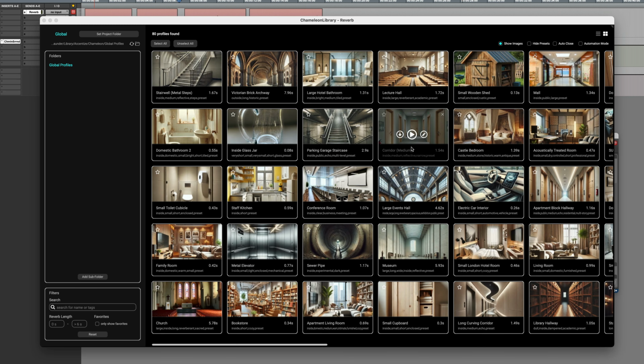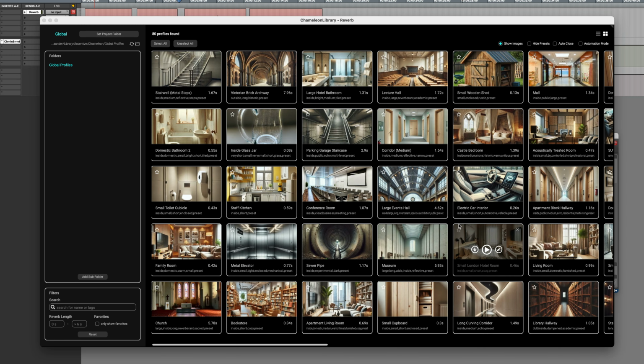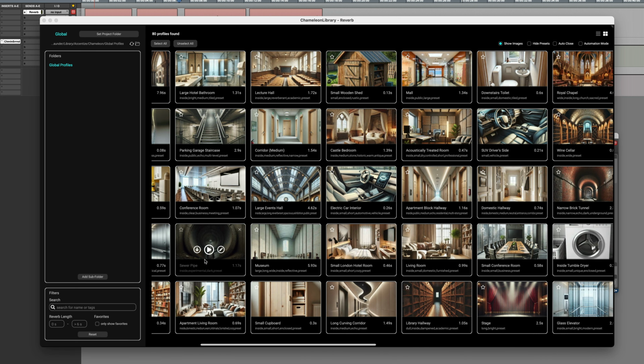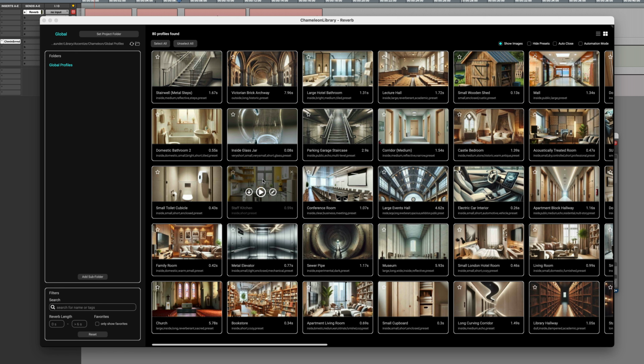Nice. And going into the preset browser again, as you can see, we're kind of spoilt for choice really. There's all sorts of stuff from sewer pipes to large event spaces, conference rooms, but I'm going to try the